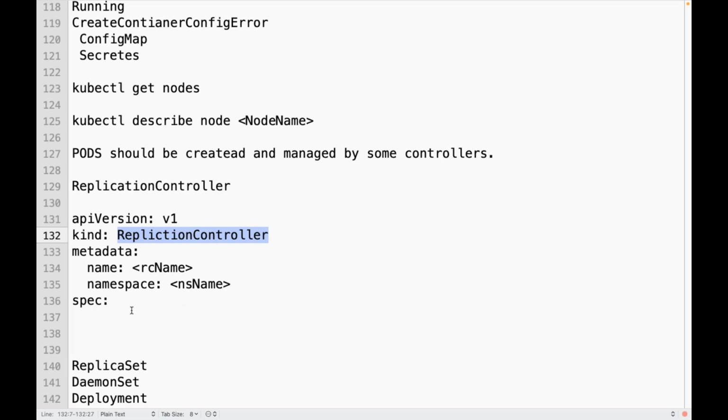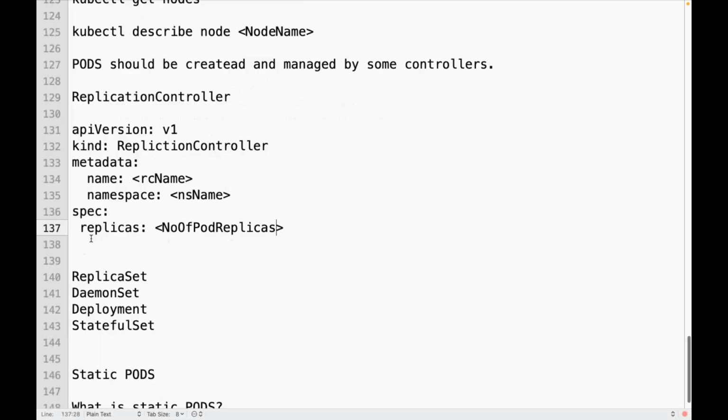Yes. Now here we have replicas. Can I mention the number of replicas? Number of pod replicas, how many pods you need, whether you need 1 replica, 2 replicas, 3 replicas. If I don't mention this replicas field, what is the default number? 1.